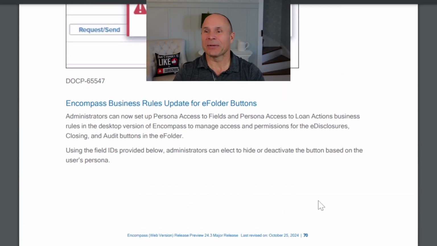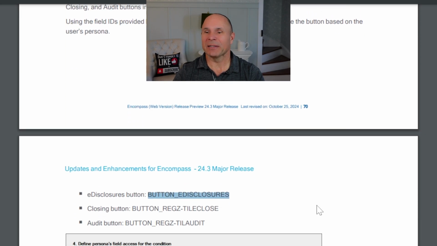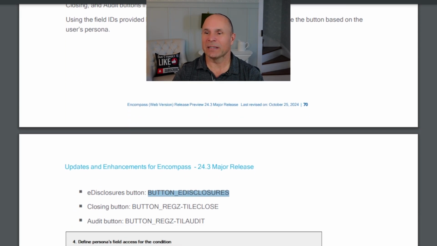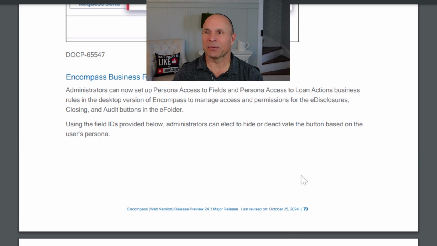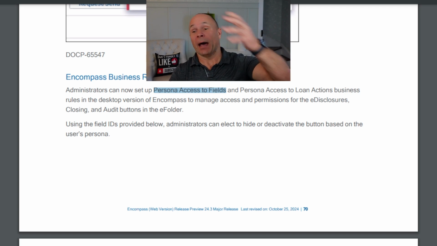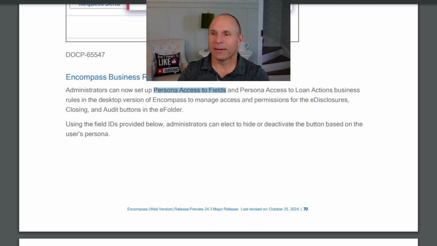I get it. Okay. So basically, you can now treat these in persona access to field and persona access to loan actions instead of field data entry. Oh my gosh. I don't know why that wasn't in desktop. I don't know why that's sitting here in web, unless I completely missed that in desktop, which is entirely possible. This is really big.